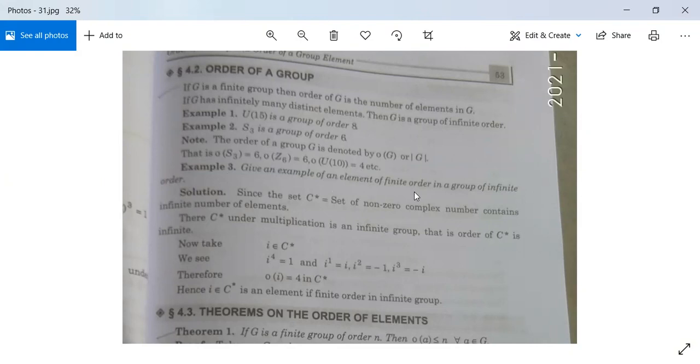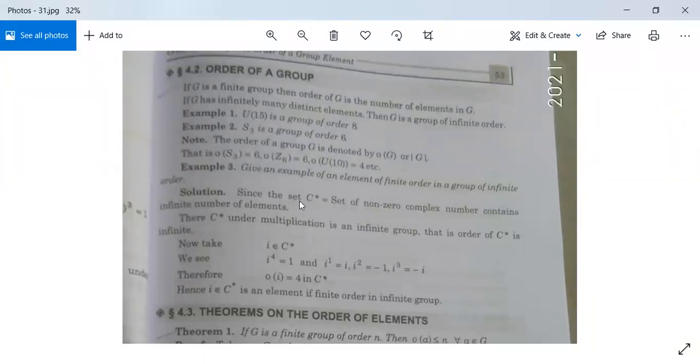Give an example of an element of finite order in a group of infinite order. एक ग्रुप है इनफाइनाइट ऑर्डर का, उसमें एक ऐसा एलिमेंट चाहिए जिसका ऑर्डर फाइनाइट है। इतना देर में ज्वाइन करने के लिए पूजा आ रही है 136। क्या मजाक।